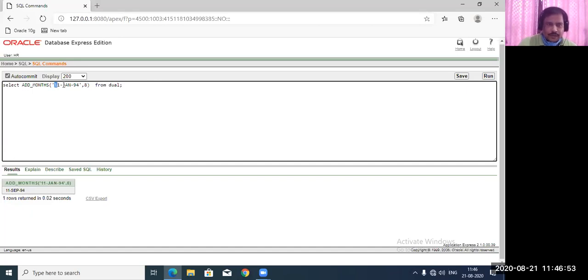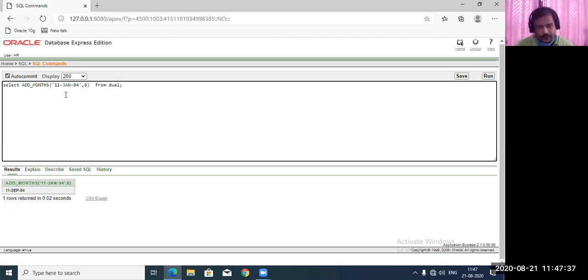Now when you are using a date format, you have to give the date format this way. If you ask why you give this format, and what happens if you change it, it gives you a wrong answer, because we have an internal format and a user format. Internally we store data in a different way, and the user can give a different format, which is converted internally. We'll study that in conversion functions. So you have to remember the format for passing the value into a particular function, and the result or outcome of that function.